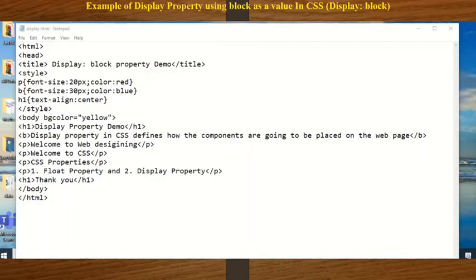Okay, we will start here the execution of the display block property. This is the sample code in which I want to give the title as display block property demo. Then in the style tag I want to use different styles on different tags, that is the P tag. For the P tag the style is font size 20 pixels, color is red. B tag, that is bold, the font size is 30 and color is blue. And for the H1 tag I want to use one property, that is text-align equal to center,